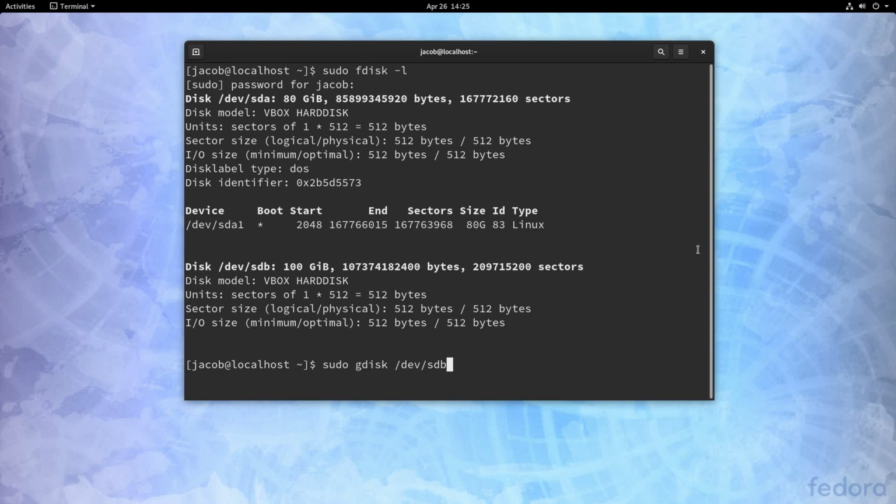Now if we wanted to, we could partition this drive using fdisk. These are two separate programs, but the syntax between them is extremely similar. So what's the difference between fdisk and gdisk? Well, fdisk is the original tool, and it works with drives using the master boot record partitioning table. Now, the master boot record is the older type of partitioning table, and it has some limitations. For one thing, it can only support up to 2 terabyte partitions, and a partition cannot start past the 2 terabyte mark, so in practice, it really only supports up to 2 terabyte disks as well.